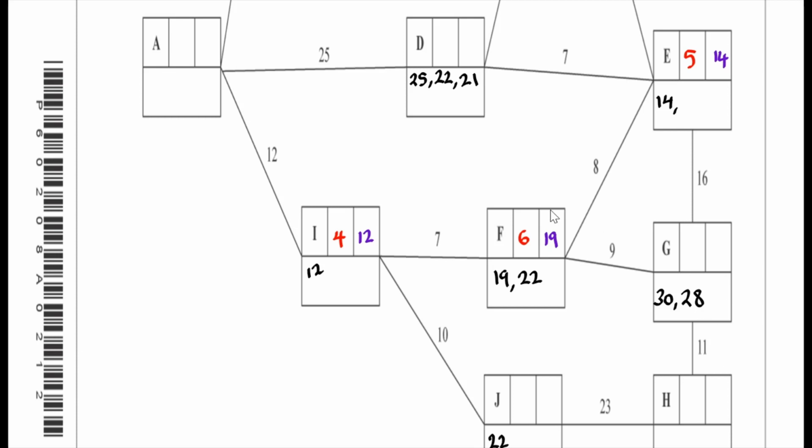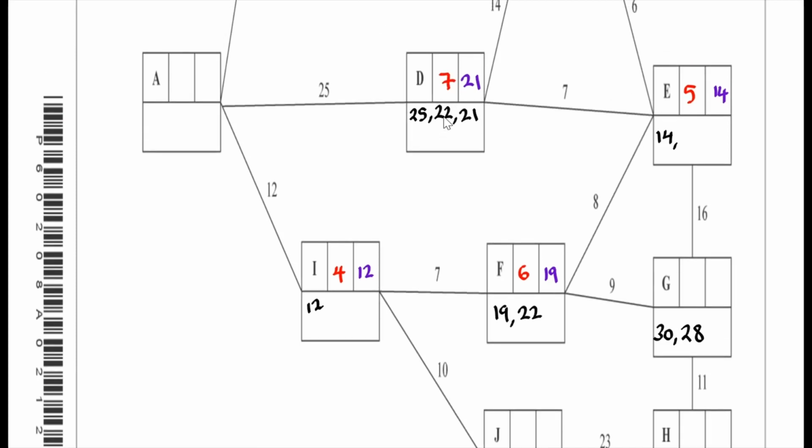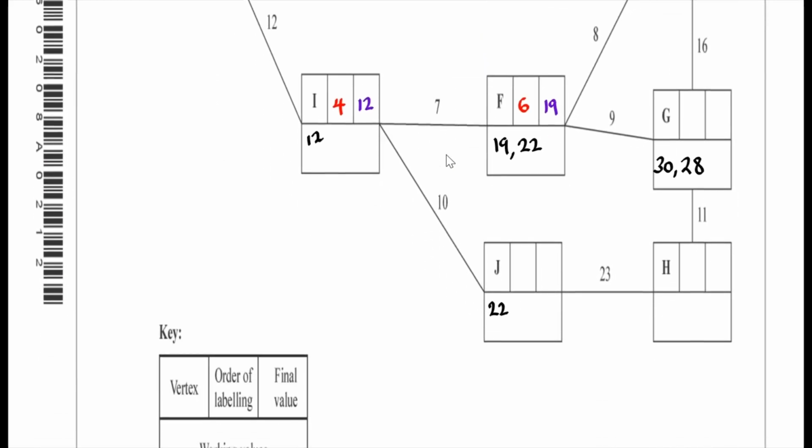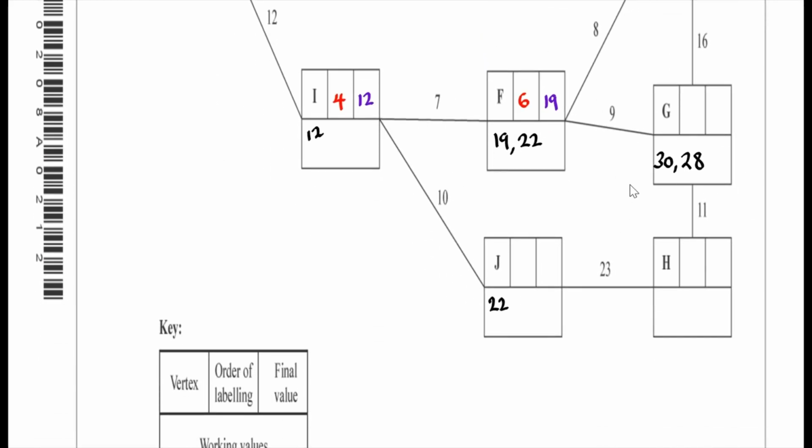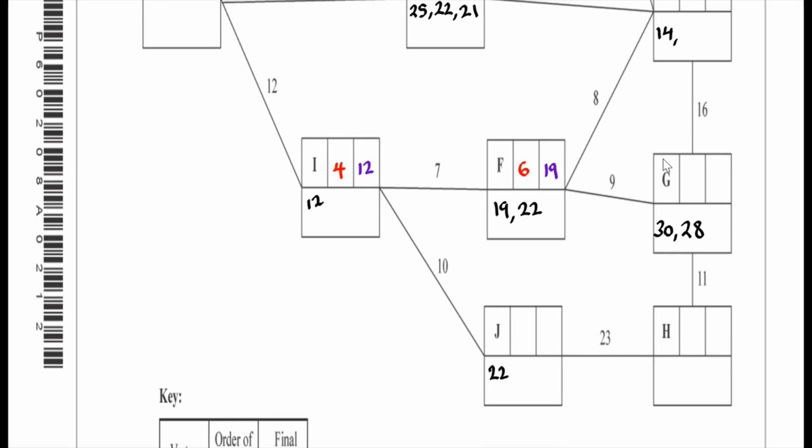And out of all of these numbers, you'd find 21 to be the smallest. So we take 21 here and we label D with the number 7. Okay? Now, with these remaining boxes,